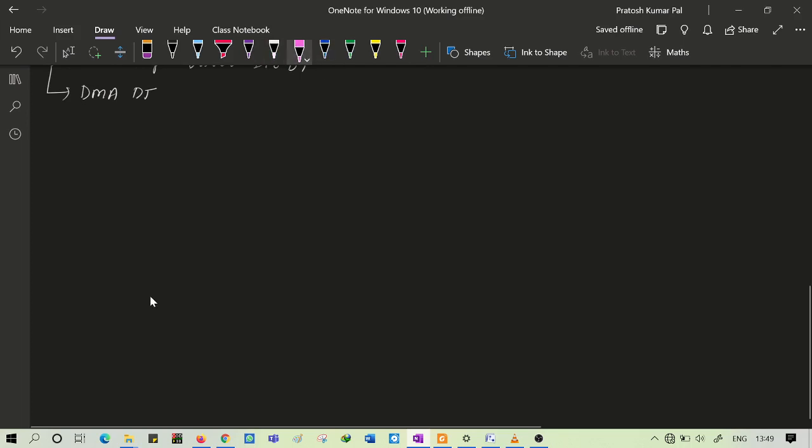So the first type, in case of parallel, we will be dealing with is programmable input output data transfer.